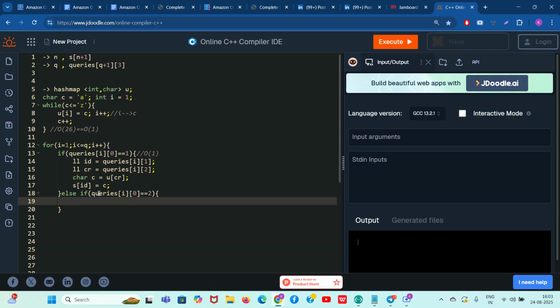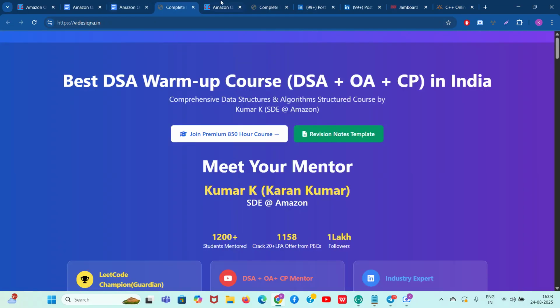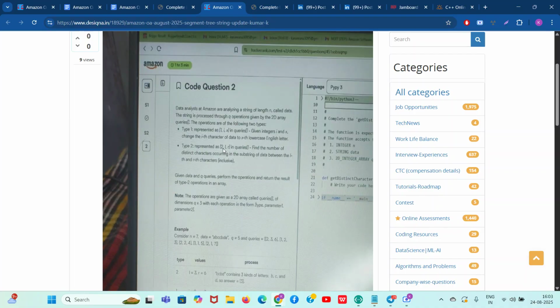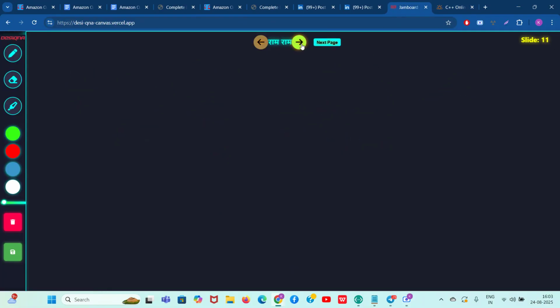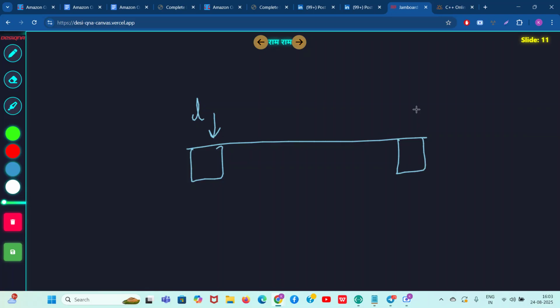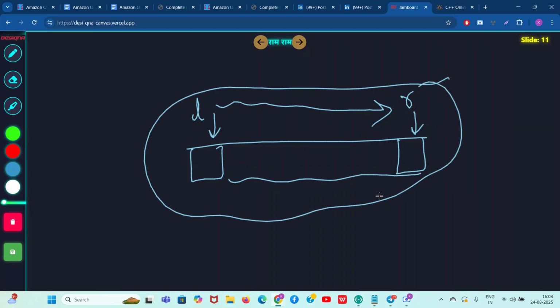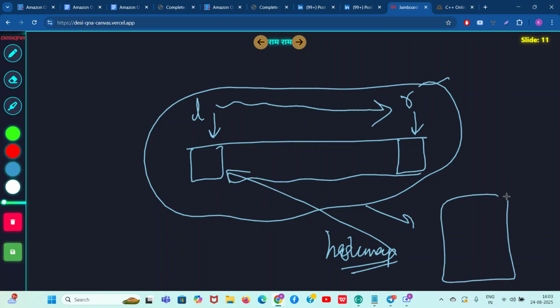If the query is of type 2, you must have understood from the question that we have to go from L to R and find how many distinct characters there are. If I give you any string, with index L and index R, and ask how many distinct characters there are from L to R, you will just create a new hash map and store all these characters in it.